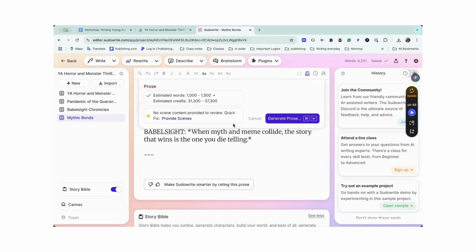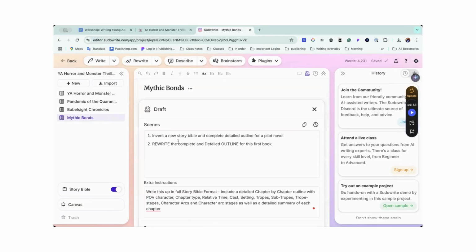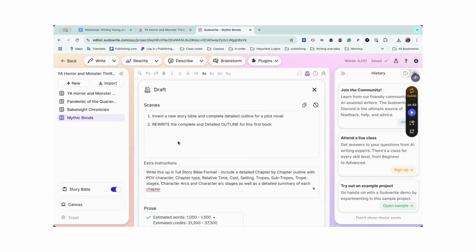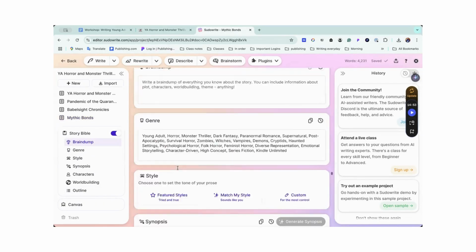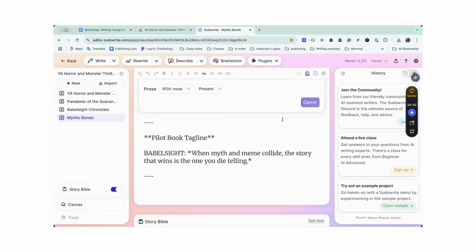No scene content provided to review. Quick, provide scene. I will try without. What it's going to do is supposed to read this here, so